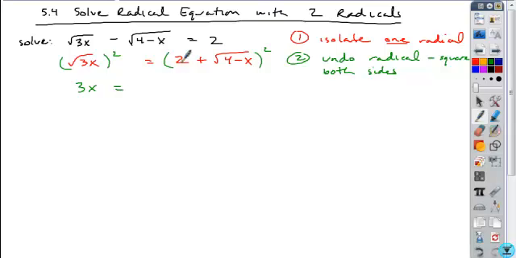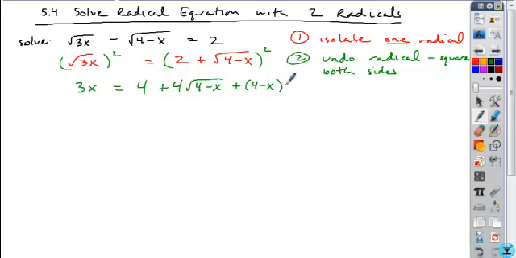So we square the first term. 2 squared is 4. We're then going to take double the product of these terms. So you treat this whole square root of 4 minus x, multiply by 2, and then double that. So you get plus 4 root 4 minus x. Again, it's just 2 times root 4 minus x is 2 root 4 minus x. Double that, you get 4 root 4 minus x. And then we're going to square the last term. Well, squaring the last term, again, just cancels the radical, leaving the base